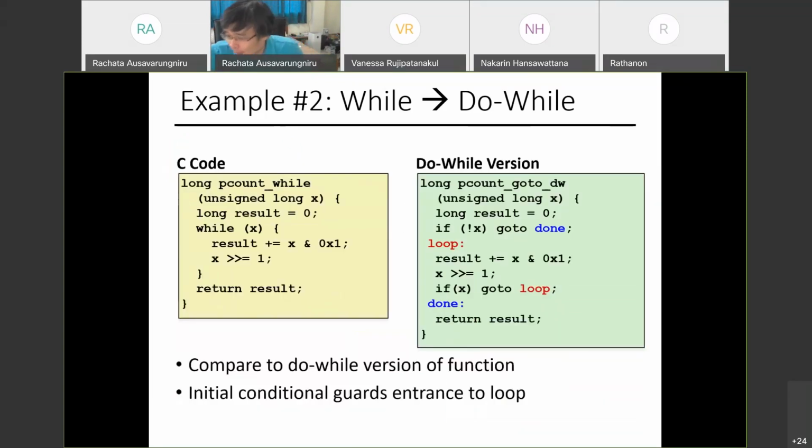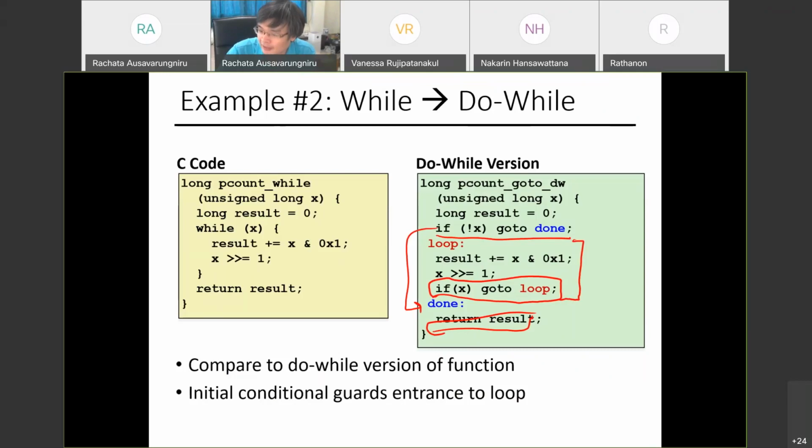So you can change your go-to code here again. If not x, finish. If x is not 0, you go into the loop. If x is 0, done. When you're done, you return the result. But before you end the loop here, because now it's in the do while format, you have if x go to loop. So if you look at just this part of the code, from this line to this line,